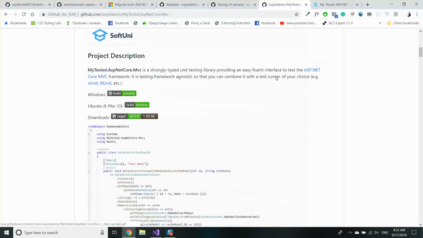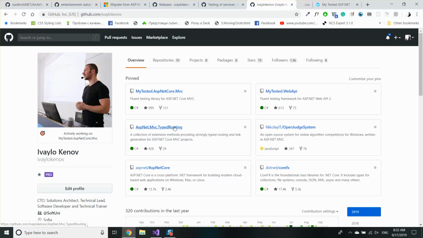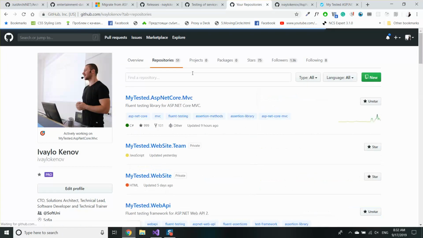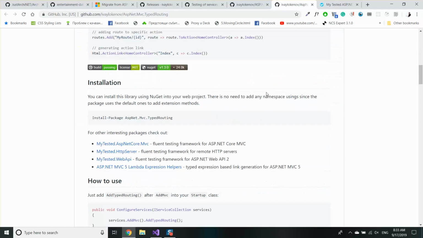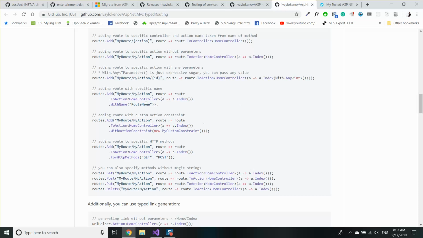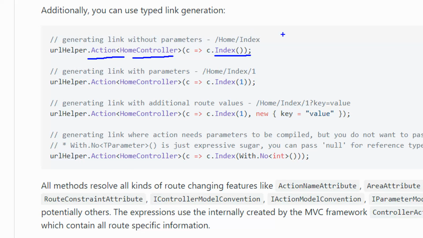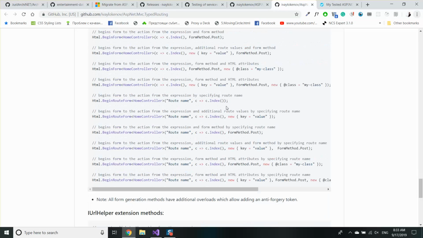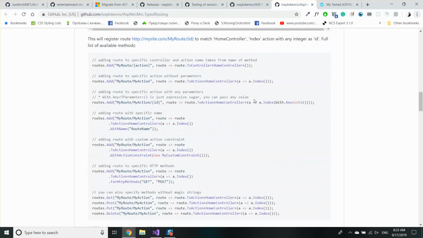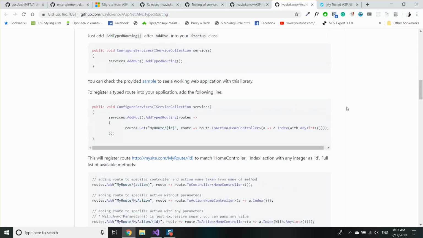I have two libraries for that kind of problem. One of them is this one and the other one is Parser, this one. So these libraries essentially provide that functionality. They give you an option to generate links in a strongly typed manner and provide quite a lot of extension methods. Currently this library works for .NET 1 and .NET 2. I plan to upgrade it when I have the time, because my schedule is quite tight, to .NET Core 3